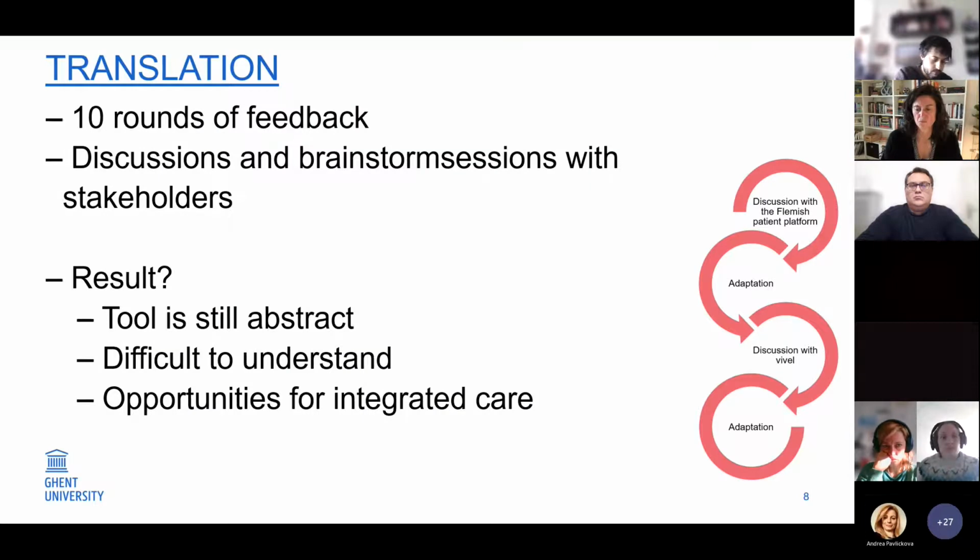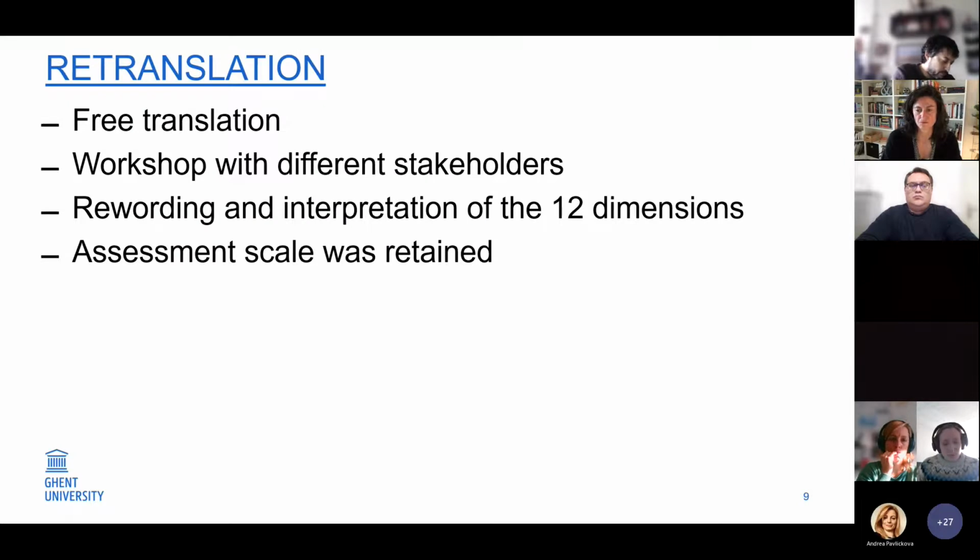So we started with the original Dutch translation of the tool, and we had different rounds of feedback with different stakeholders, such as the Flemish patient platform, such as VIVEL and the Agency for Care. And the result, after all these rounds of discussion and brainstorm, was that the tool was still too abstract and too difficult to understand, but we saw opportunities for integrated care, and we really wanted to make the tool useful and applicable for Flanders. So that's when we decided to do it differently and to make a free translation of